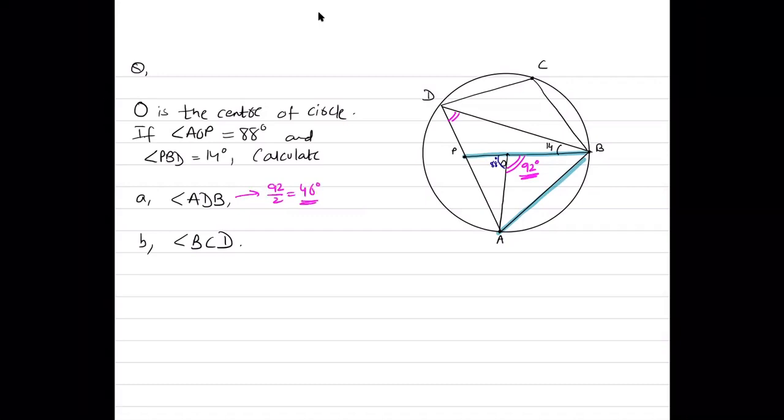अब नेक्स्ट पार्ट में BCD निकालना है। ये 46 आ गया। अब BCD, ये वाला एंगल। ओके, BCD ऐसे आ सकता है कि अगर आप ये चेक कर लो कि पॉइंट C, D, A और B सब सर्कमफ्रेंस पे लाई करते हैं, तो ये वाला एंगल निकालने के लिए आप साइक्लिक क्वाड्रिलेटरल की प्रॉपर्टी लगा सकते हो। अब ये है कि ये एंगल कैसे आएगा। मैं ये वाला एंगल निकाल सकता हूँ, OAB और OBA, क्योंकि ये रेडियस है, ये भी रेडियस है। इनकी वैल्यू कितनी आएगी?